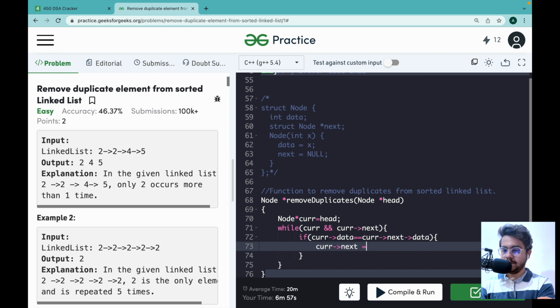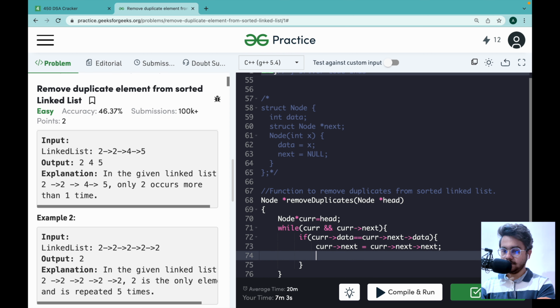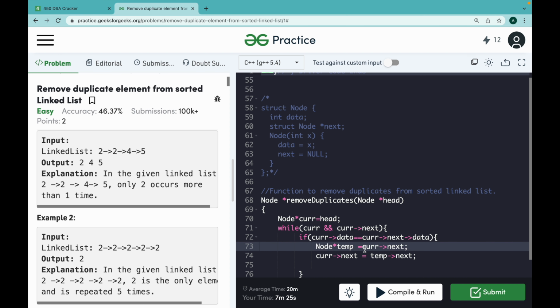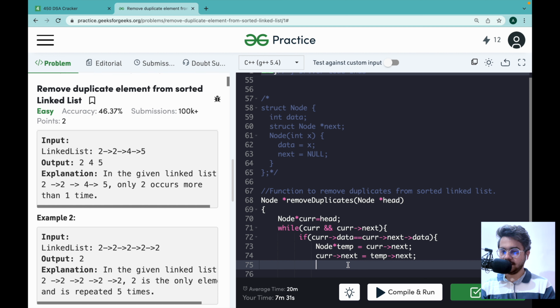have a temporary node, current temporary will be the current next, and current next will be the next of the current next, that is equal to temp's next.